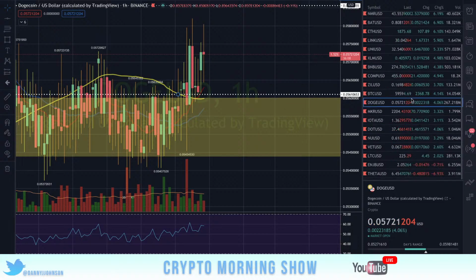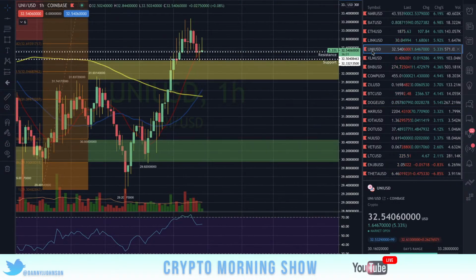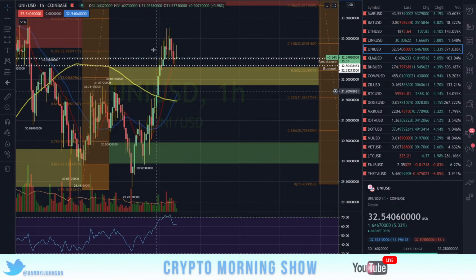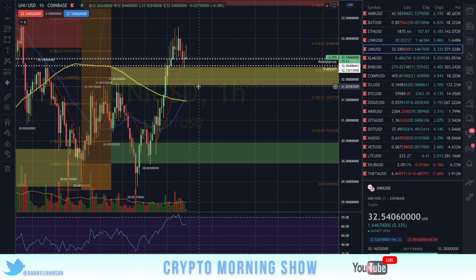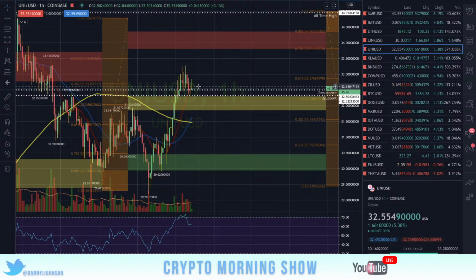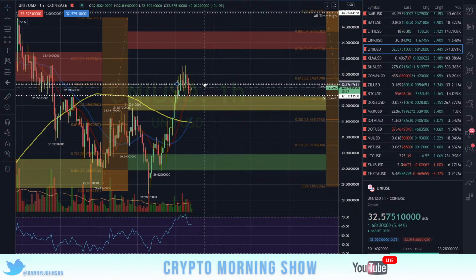We'll start out with UNI. UNI, nice rounding top up here, so be aware of that. That can indicate sometimes that we're in for some pain to the downside, if you are bullish biased like myself. And we are zoomed in here on the 1 hour, so we're looking at resistance first to come into play,